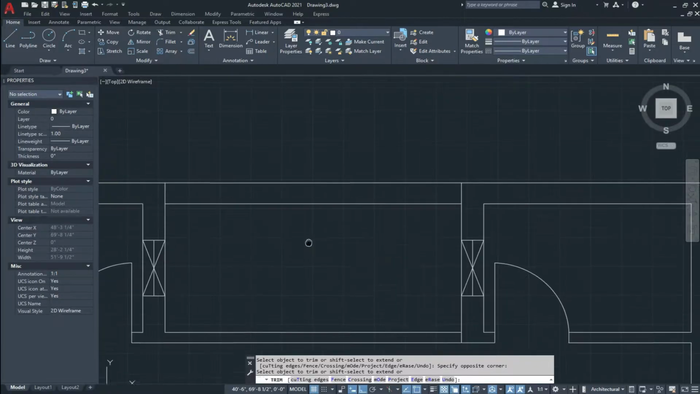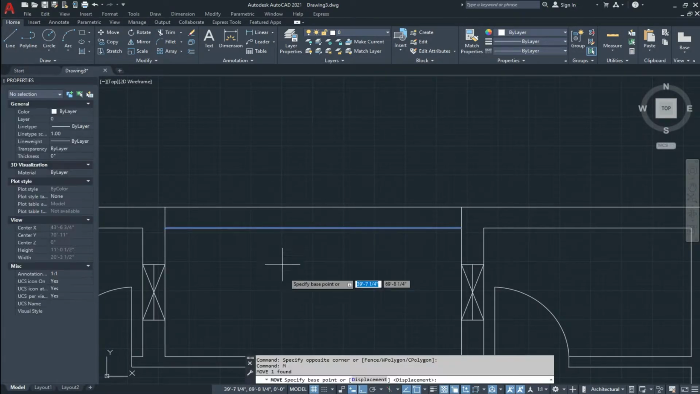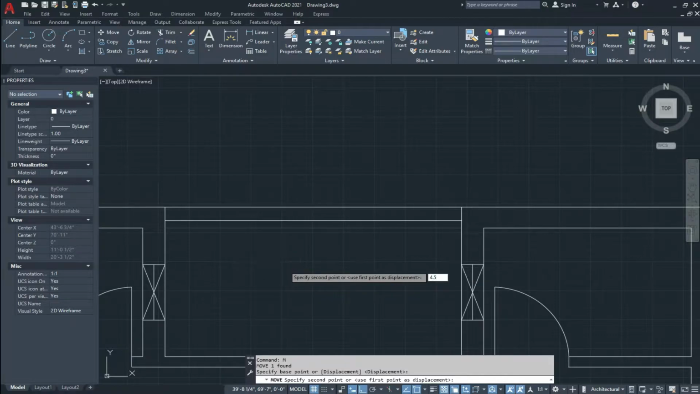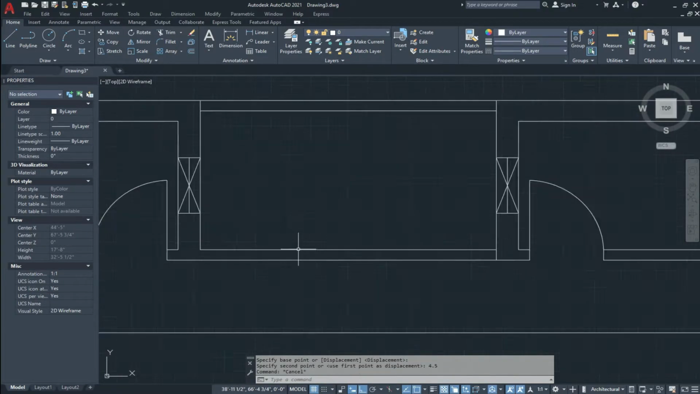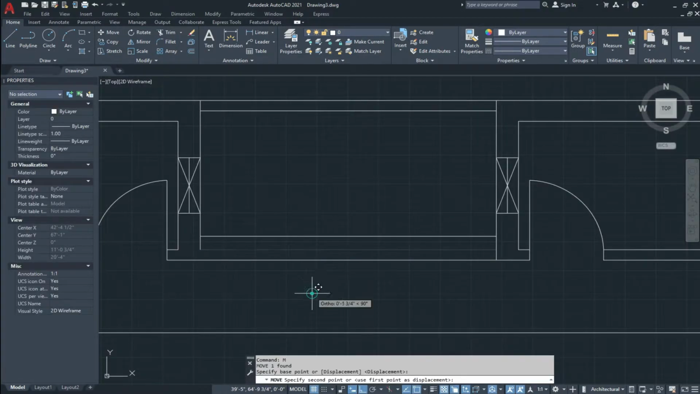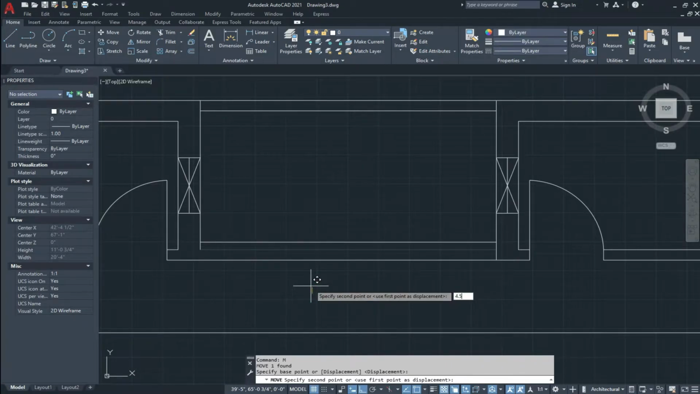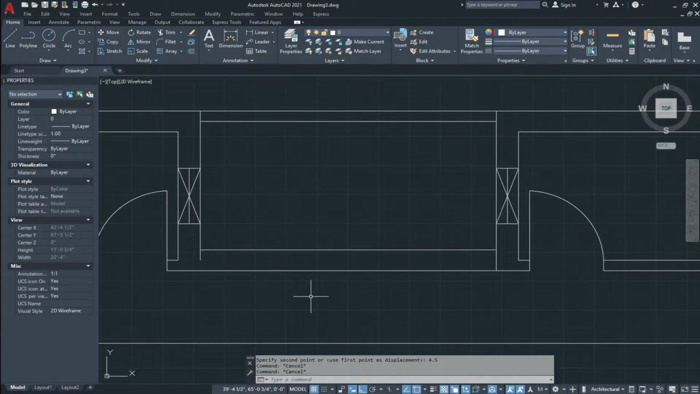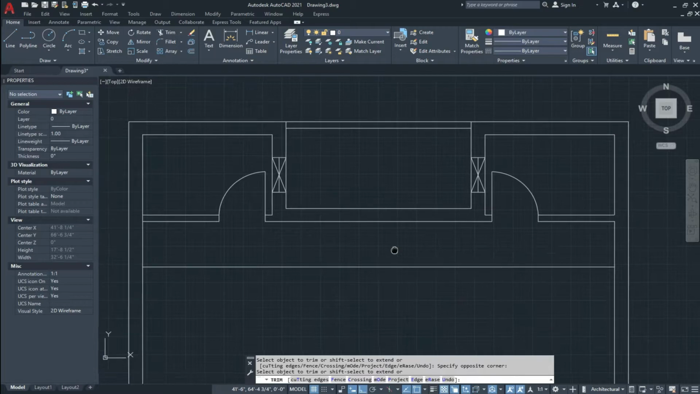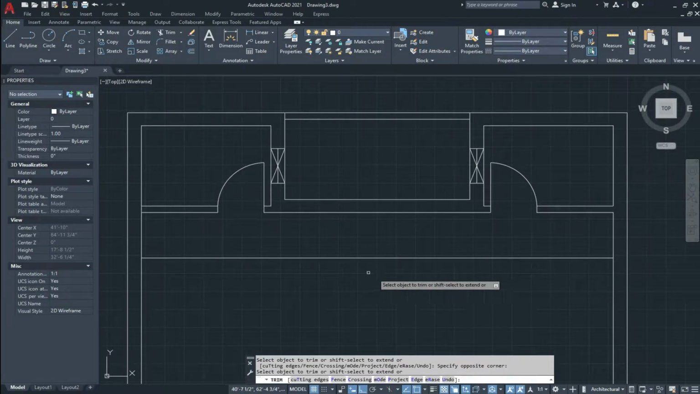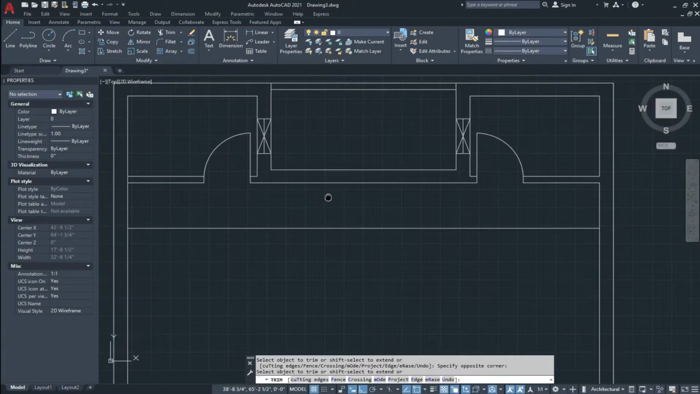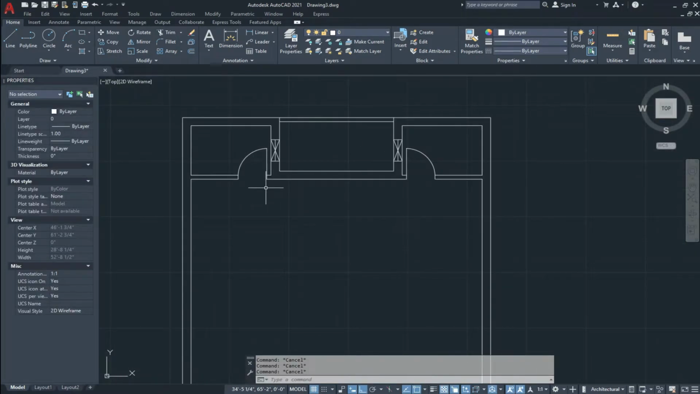So move this 4.5 inches, and move it 4.5 inches on the upside, and with the trim tool we trim the extra lines. So in this way we make our two baths with the mirror tool. Now delete this. Now I make offset 12 feet